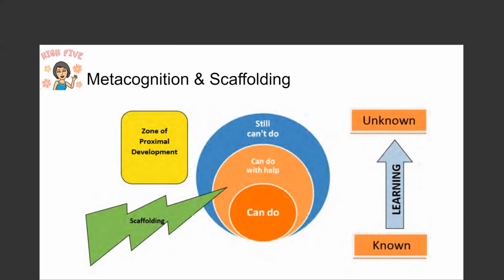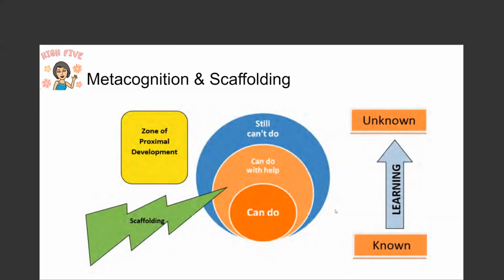And that's okay, because what's going to happen is as they do more of these things in the middle with the scaffolding and they practice and they practice and they do those with help, eventually those things move into the can-do circle, and then some things from the outside in the blue move into the can-do with help. And so we continue to increase those skills. And that's how we move from the complete unknown to what becomes known and we can do with those scaffolding pieces in the classroom. That's the performance. And then move it into the known. We can do this anytime, anywhere. And that's what our proficiency level is.